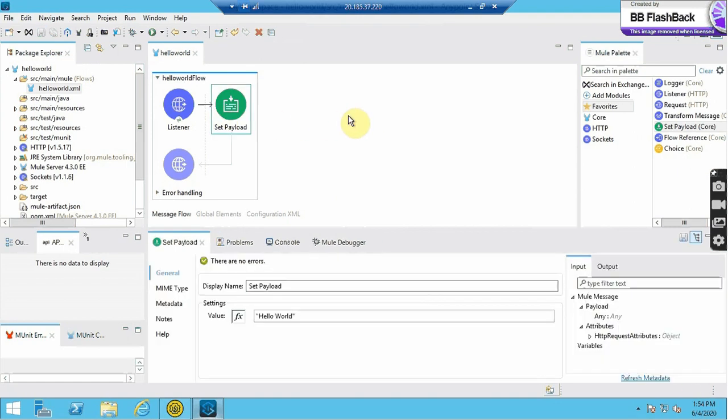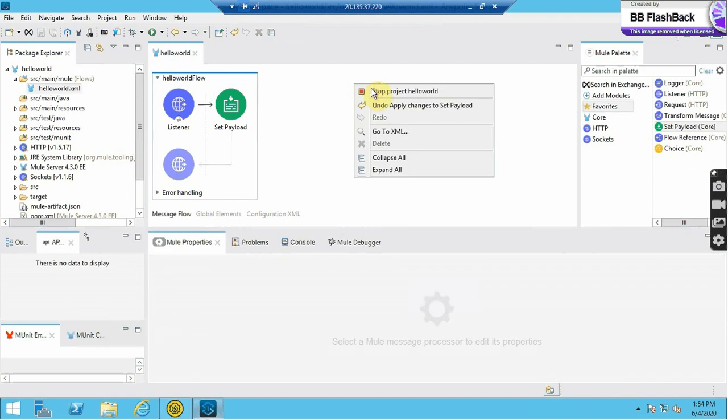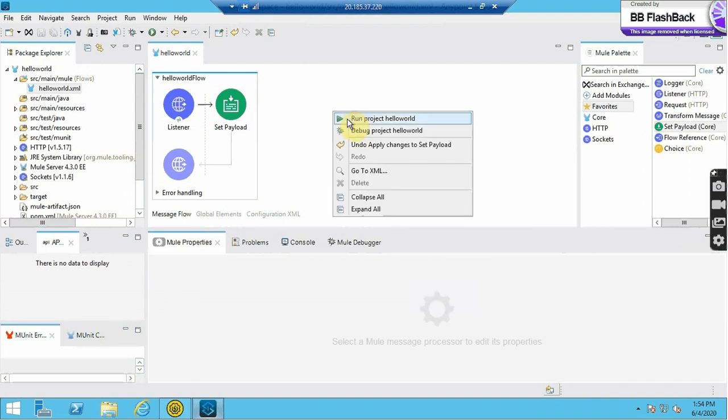Now we will run it. To run, you have to right click here. Just wait. Yeah, you have to right click here and you will get the run project option.